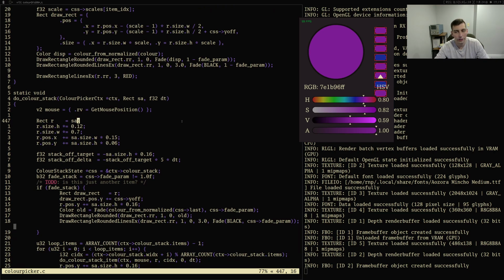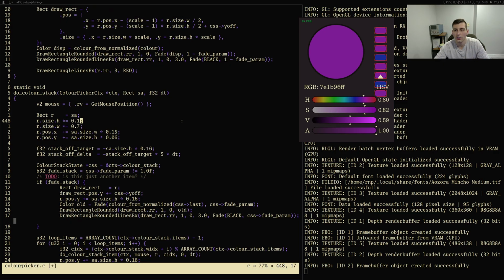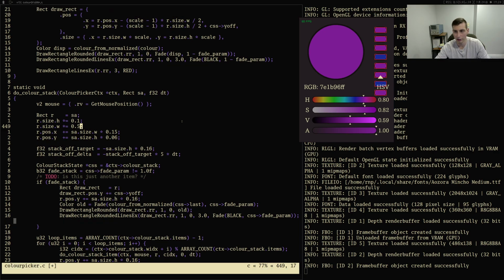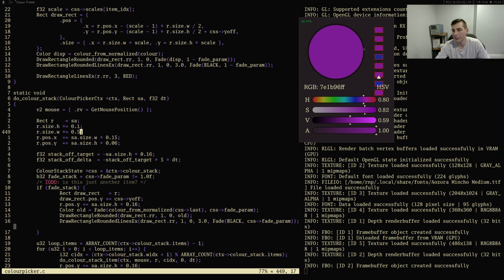Okay, so let us... The height, maybe the height should be a little smaller. And I want it to be rectangular though, but so we'll make this for sure smaller. That feels kind of small. Maybe not. Maybe that's okay. I'm not sure. I need to obviously fix this. So